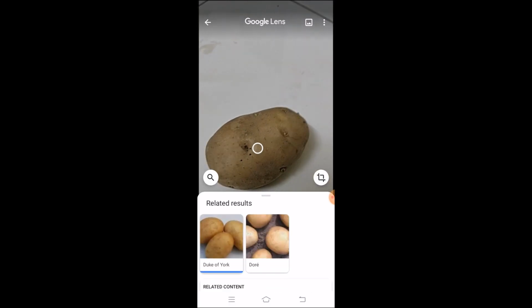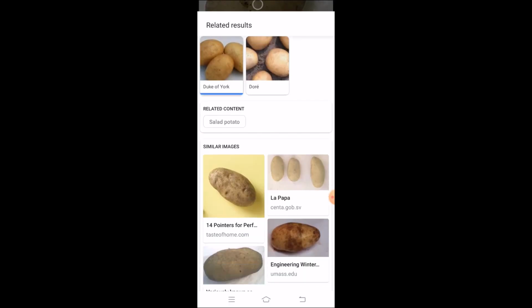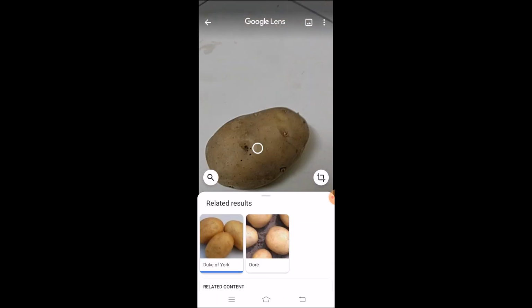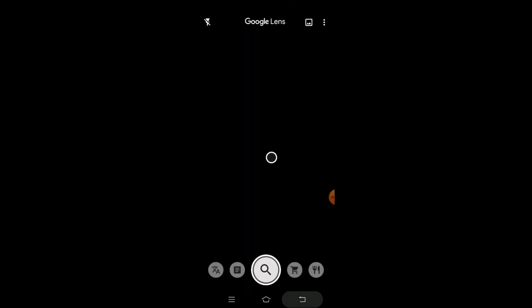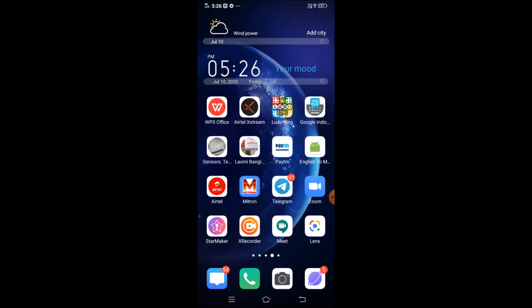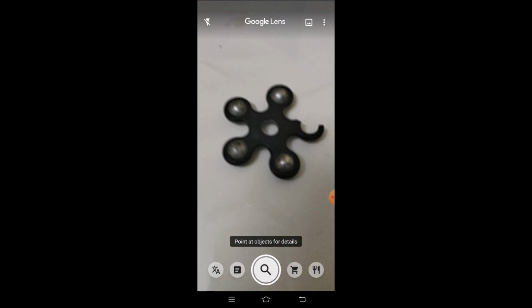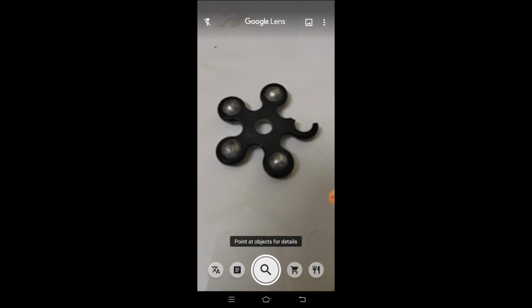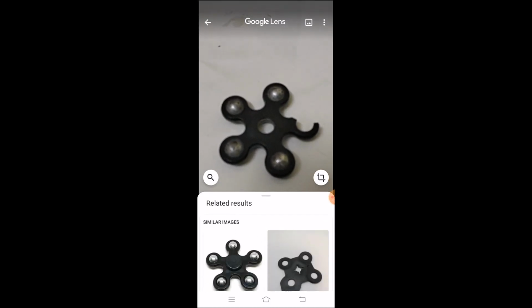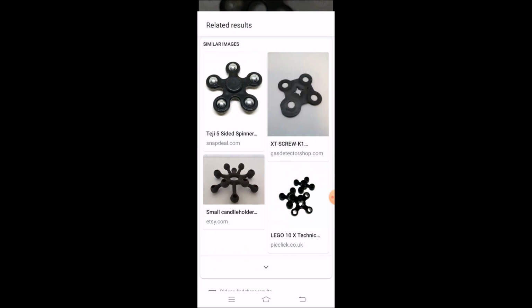Okay, similarly I'll choose another thing, and you can see it has given directly the potato. So the idea is that this way it is going to identify the things. It is not the case that it only identifies vegetables; it is going to identify different objects also. We'll try to search for another object. So this is the particular object. I will try to point it out, and it has directly given me